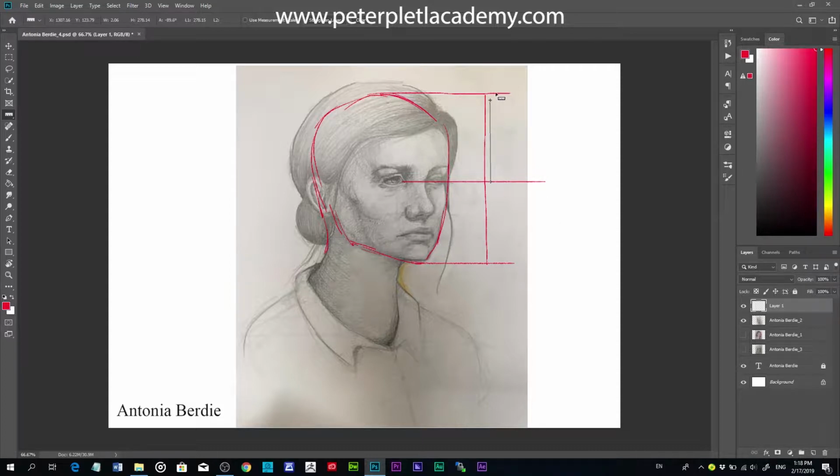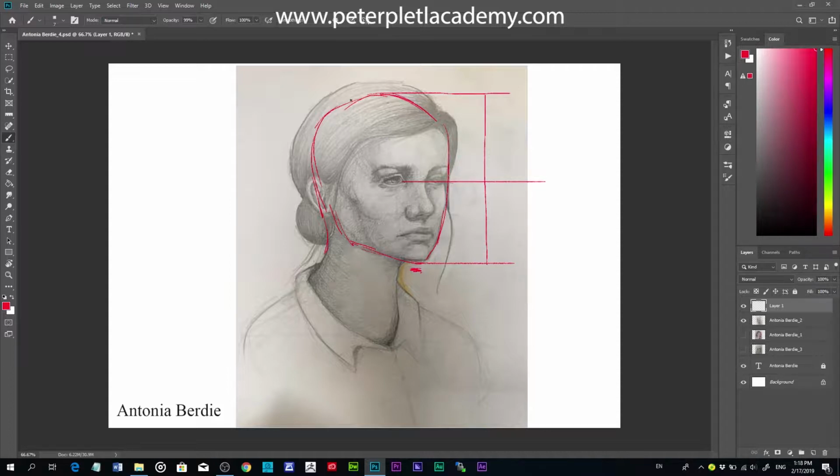So if I do the same measurement like this, this means that the jaw could come till here, as you see, and I will make a sign there that our jaw could come till here, and I will try to